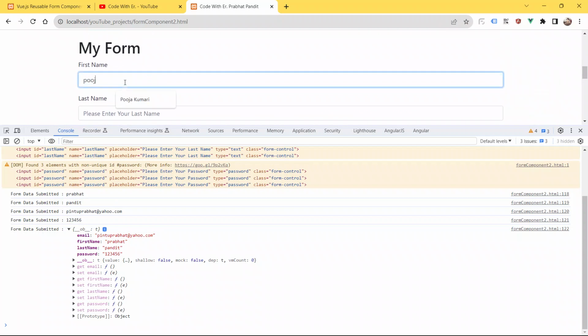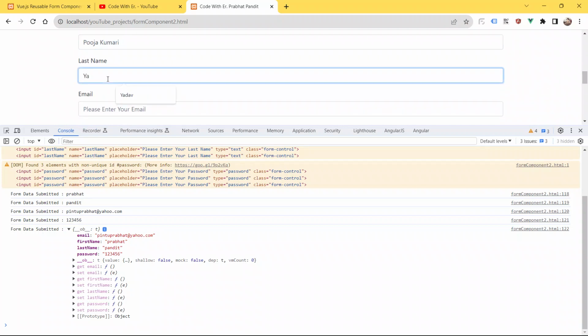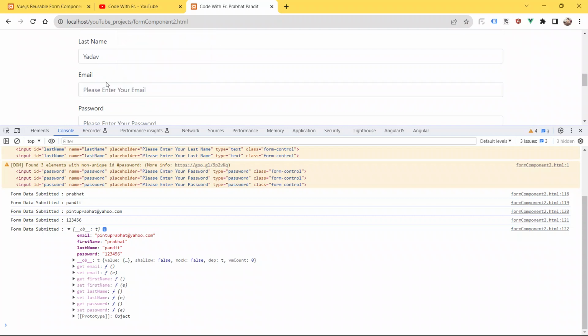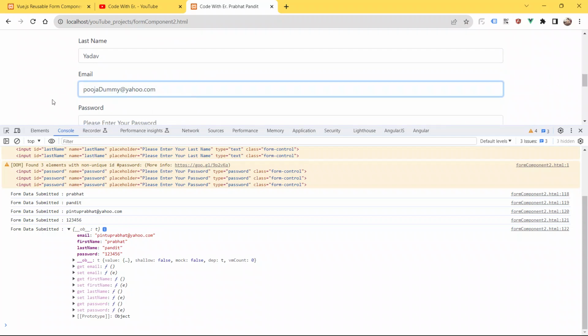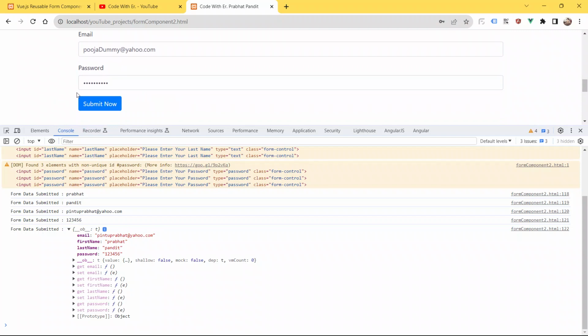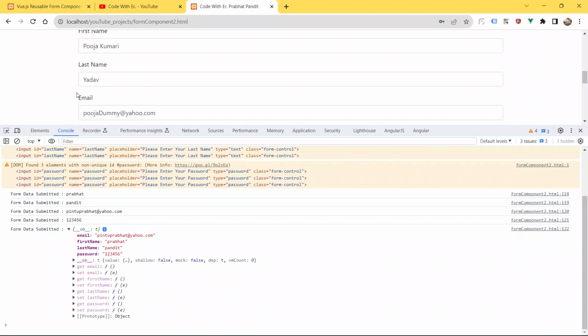So guys, now I am gonna submit the second form. So give Pooja Kumari Yadav, okay, and just give the email also as pooja@yahoo.com, and give the password also 12345678910. So now guys, submit the second form.